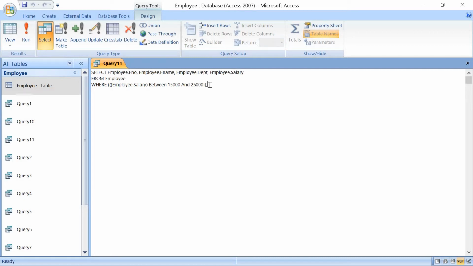This indicates that including 15,000 and 25,000 will also be displayed here.